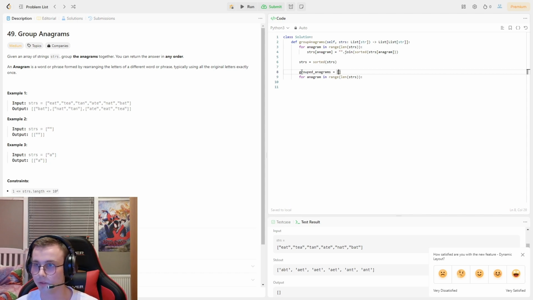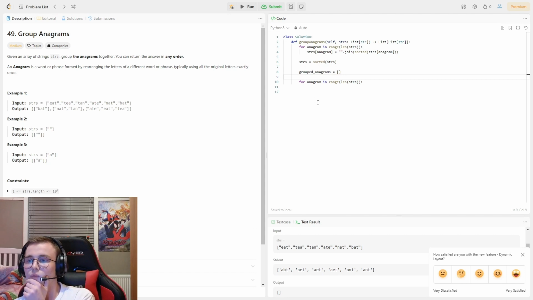That's just gonna be an empty list. For anagram in range length strings. Okay. So it's just gonna loop over all of the items again. Yep. And for each of these,